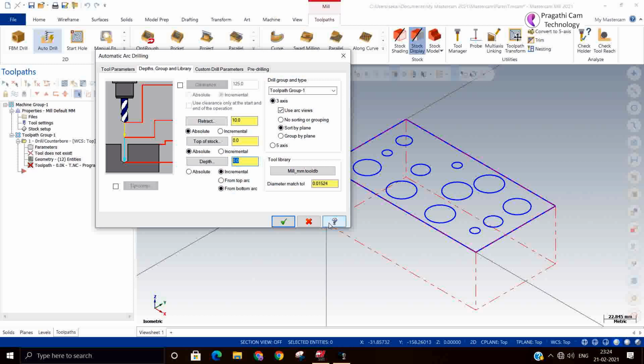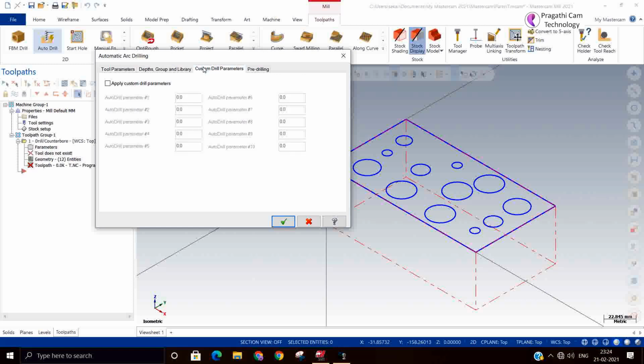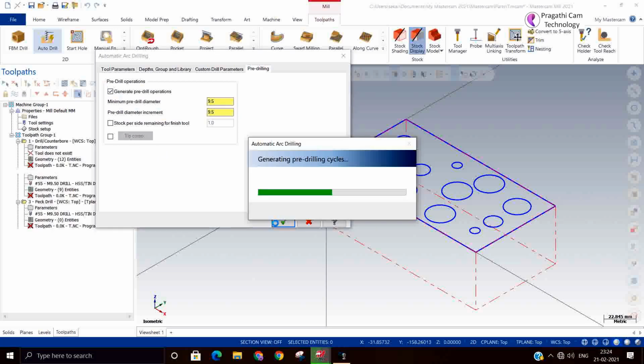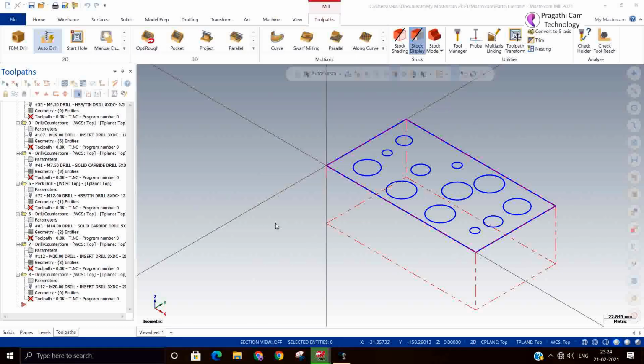So I'll give -50. If you have any custom parameter, you can give it. Otherwise, you can switch on the pre-drilling. Accept. So now it will automatically select and generate the drill hole toolpaths.